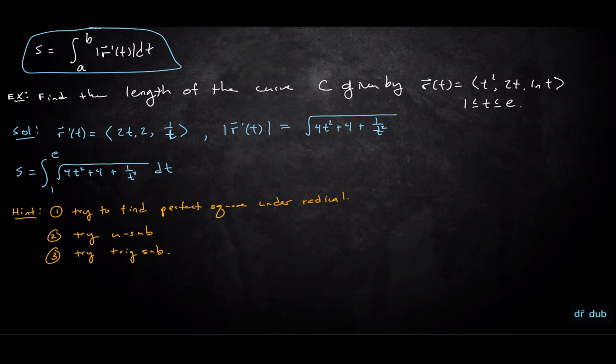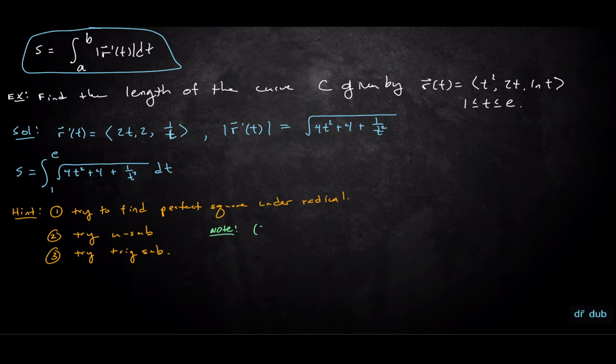Maybe it's a square under the radical, but then there's no function outside, obviously, to do the integral with the u sub. So maybe you can try a trig sub if it's like t squared plus 4 or something under the radical. Then you could do a trig sub. So we're going to try to find the perfect square part, and we're going to note